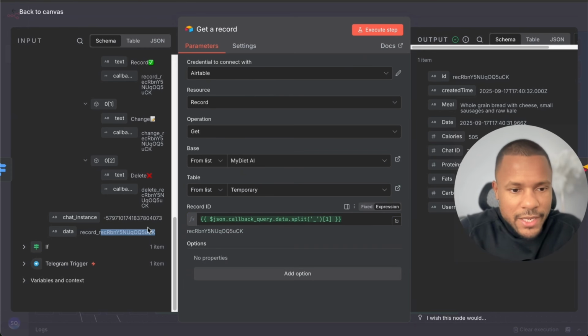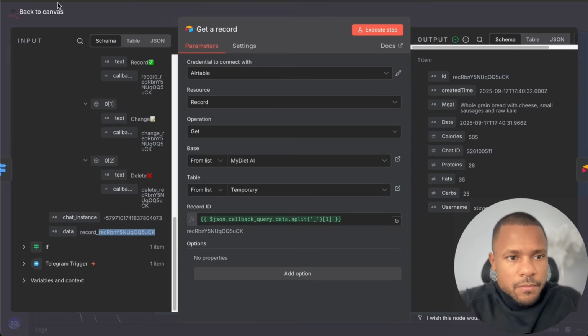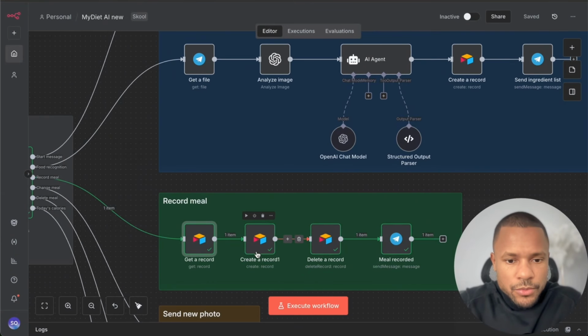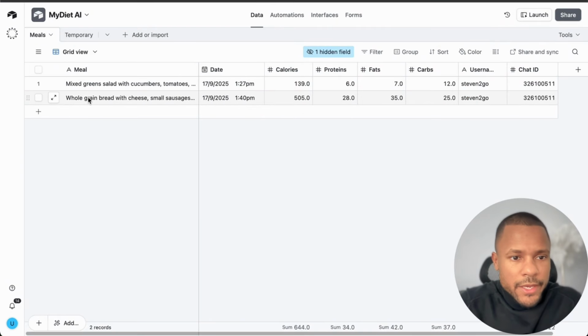Split, and 1 means it starts from 0. It's the second part. This is the exact ID of the record, and by that the system understands what the meal is. So then it basically just creates the record in the new table, in meals here, and adds it here,